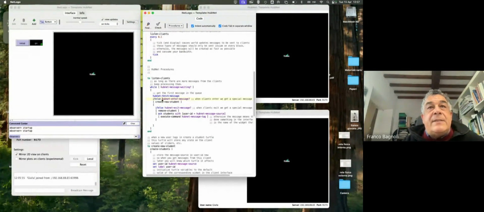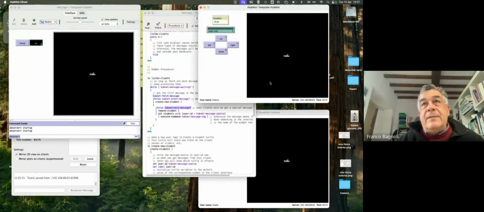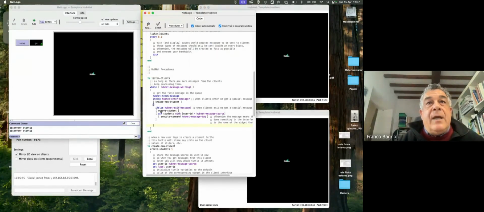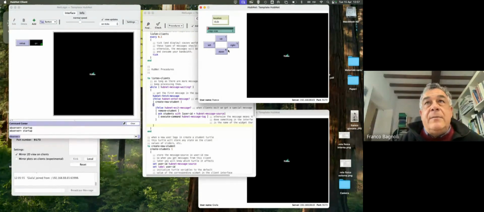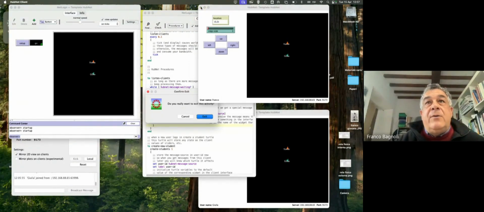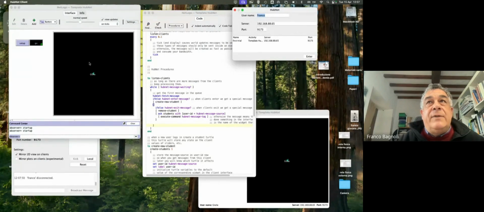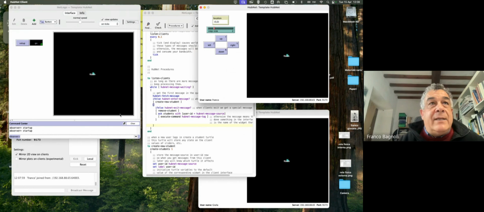And if it is a special message, the message received when I log in, I call create a new student. If exit, it is the message that I send when I exit. For instance, I close this, and I remove the student. So for instance, here, let me move a bit. If I close here, you see that I remove the client here, remove student. I remove this. And if I enter again, I